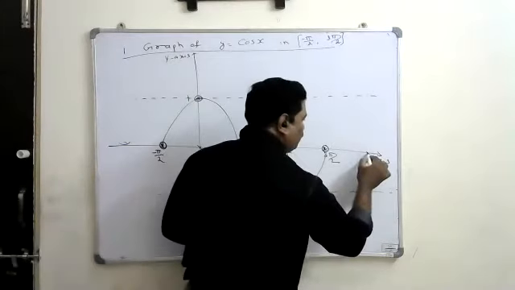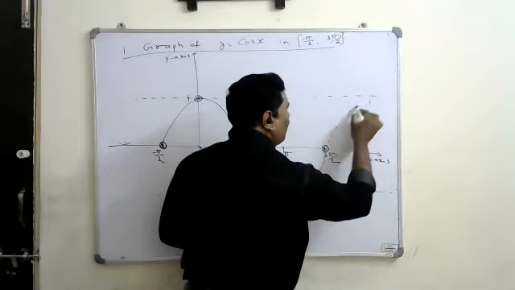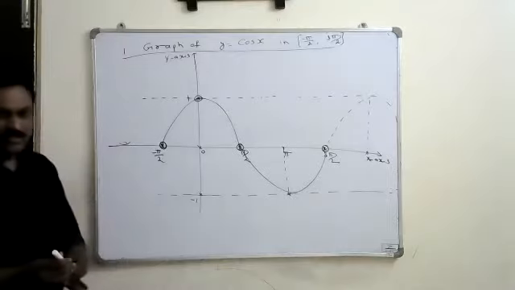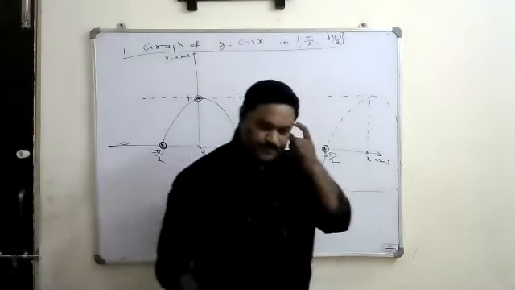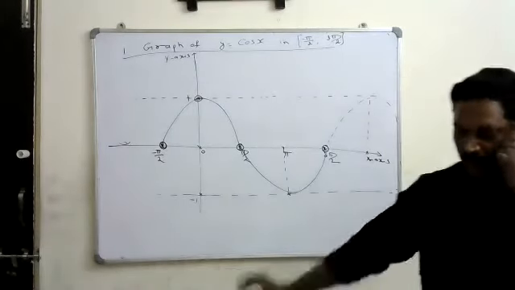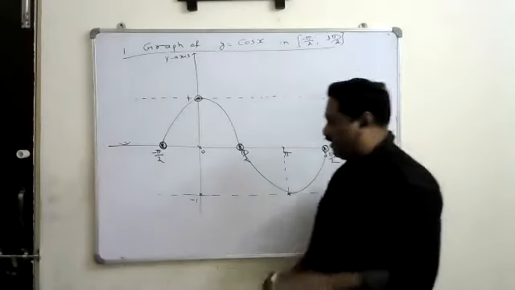Further, if you move it, there is 2 pi. It moves to minus 1 and again comes back here. This will continue. So this is the graph of the cos. Here also observe, is it continuous or not? Yes, continuous as well as periodic. Here also we will not get any breaking.